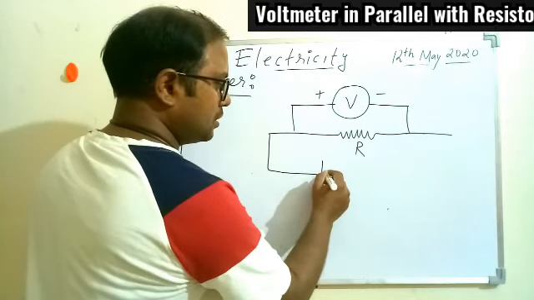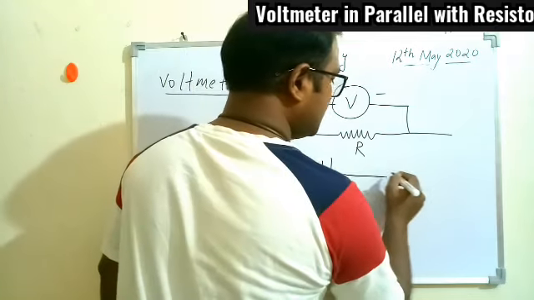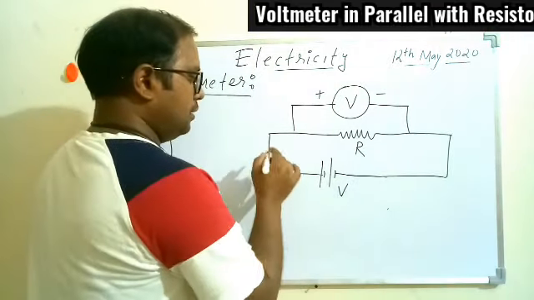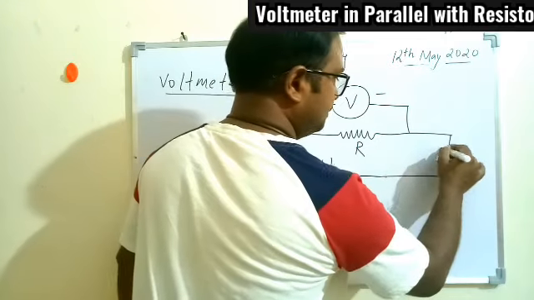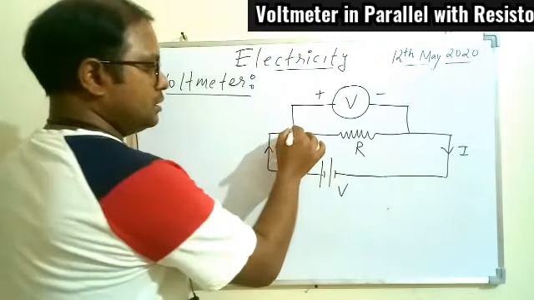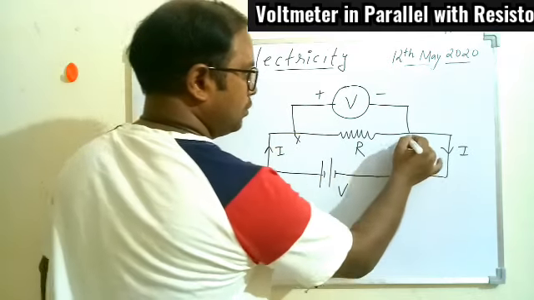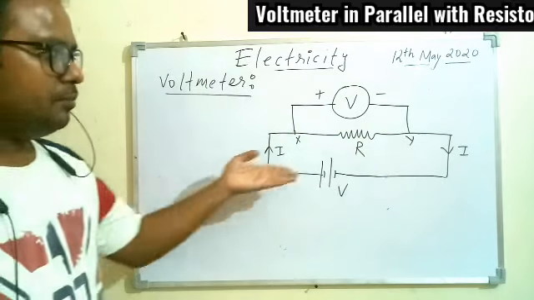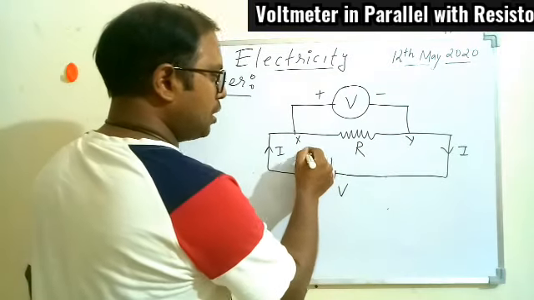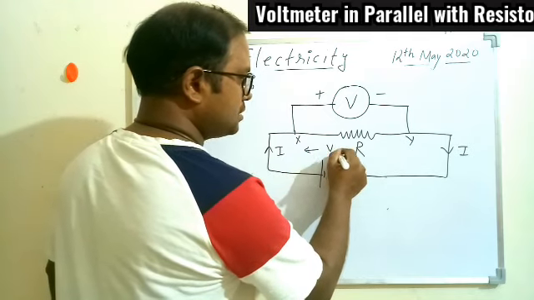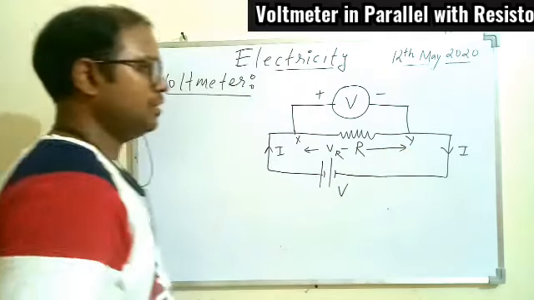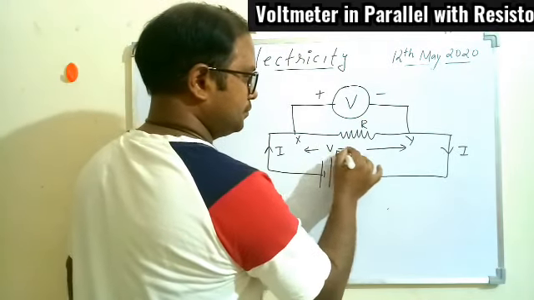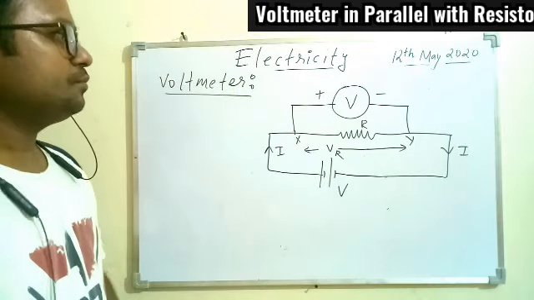So take an example, we have a circuit of voltage V, and the current flowing through the circuit is I. Let these points be X and Y. That is how we connect the voltmeter in parallel with the resistor. We are trying to find out how much is the potential drop across resistor R. Let this be given the name VR, so that is to be calculated. I hope the circuit diagram is clear.